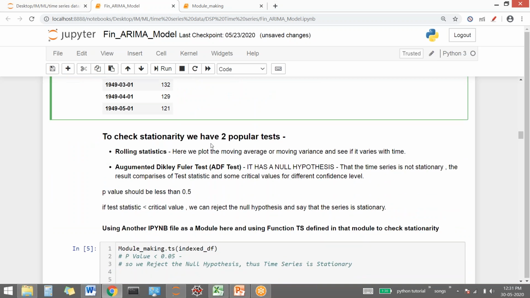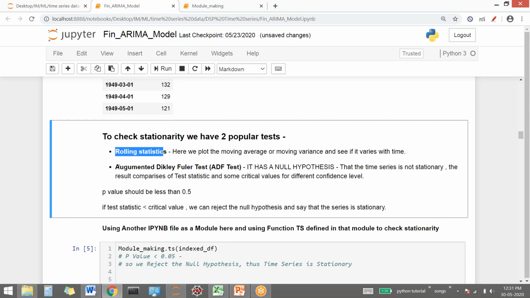So as covered in PPT, we'll check the stationarity by these two popular tests, that is rolling statistics test and Dickey-Fuller test. So rolling statistics is kind of a visual test where we plot the graph of moving average and moving variance or standard deviation, you can call it. Isme koi confusion hai what is moving average and what is moving standard deviation or variance? And how do we calculate? Is anyone having any confusion in this?